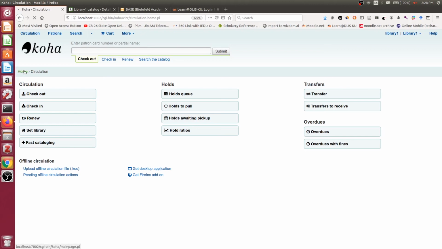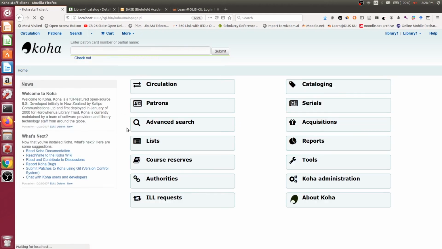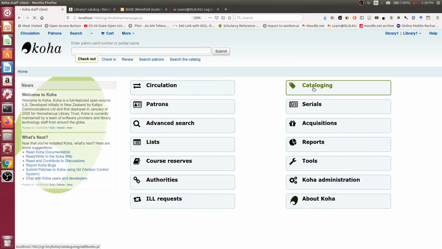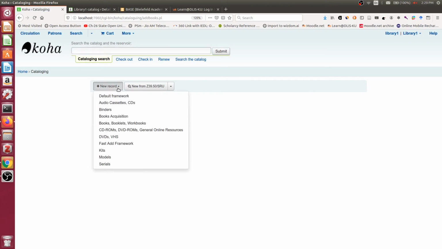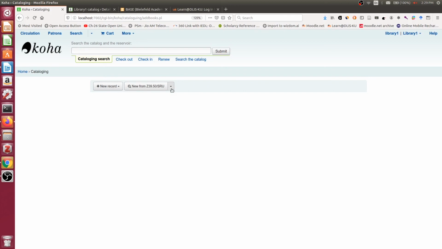Similarly, if we come to the cataloging section again, you can see that we can do different kinds of cataloging. Koha supports both bibliographic cataloging and authority data management. So I can start right from here, entering a new document. Depending on the document type, I can pick up the MARC format. Suppose I am cataloging a book, I am picking the books format. If I am managing a particular serial, I can pick up this particular framework and so on. So in some cases, Koha also supports